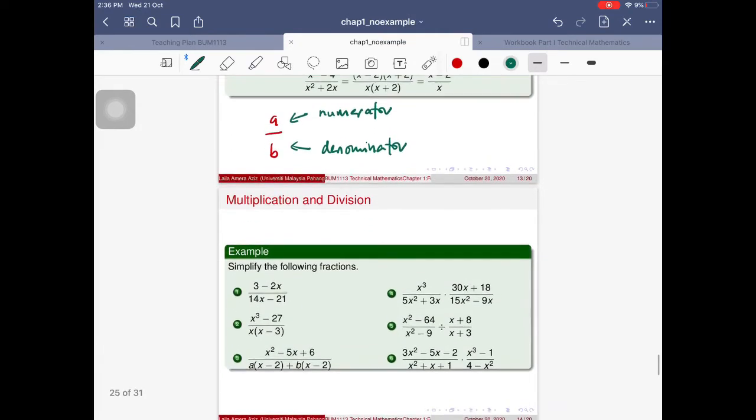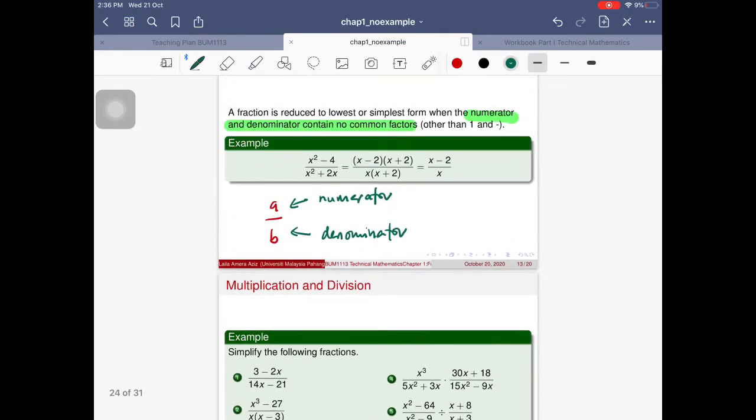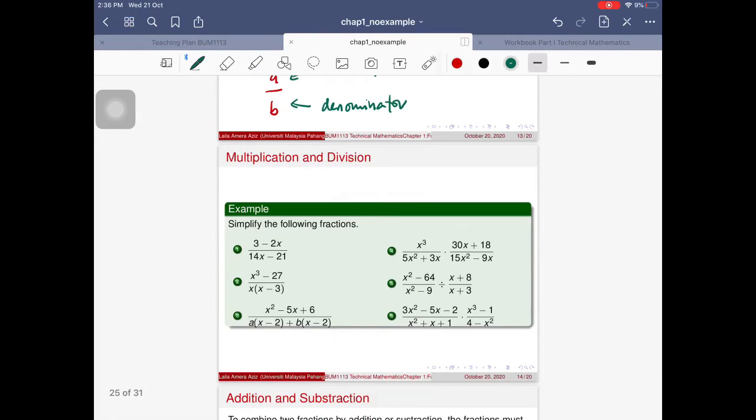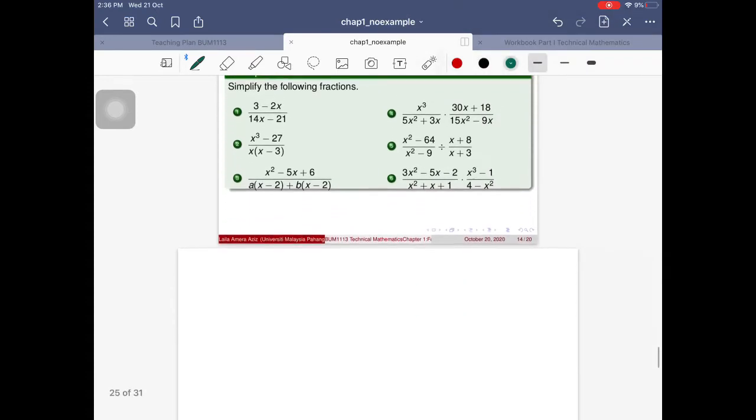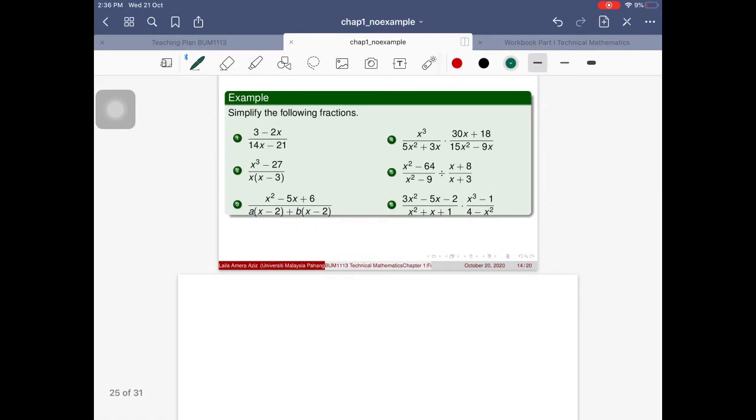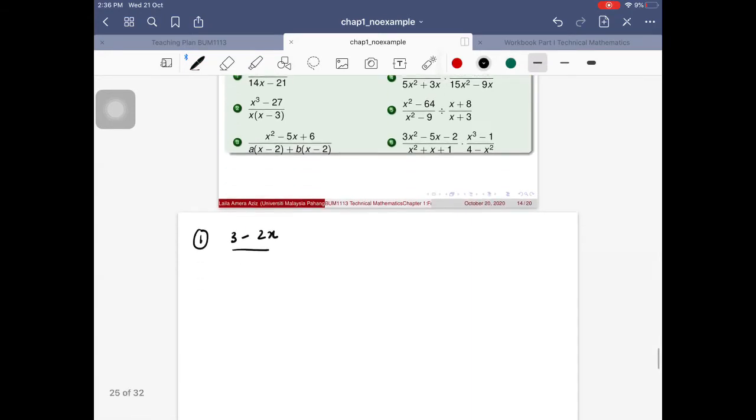Okay, first let's have a look at the case of multiplication and division. We're going to have a look at this example. I'm pretty sure that you don't need an introduction to this. This is something that you have seen before. The main point is that you have to make sure that top and bottom have no more common factors. So number one, I have 3 minus 2x, and that is over